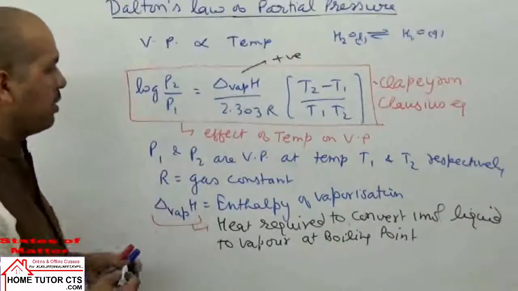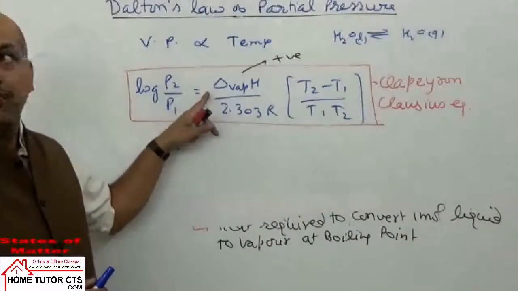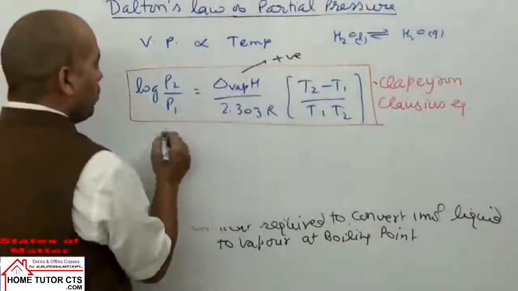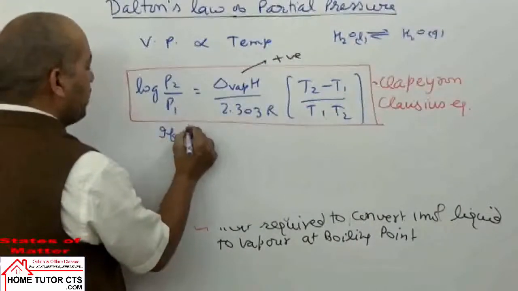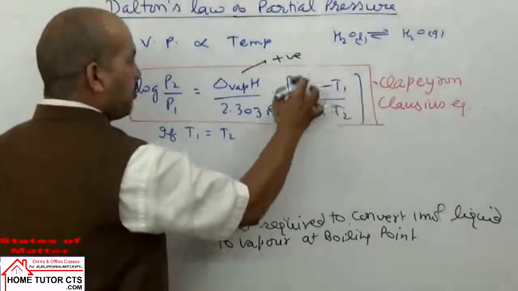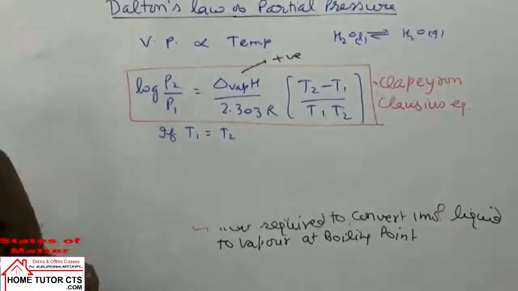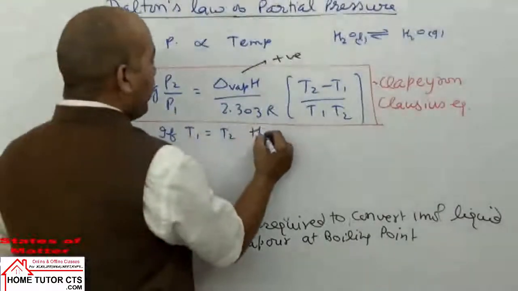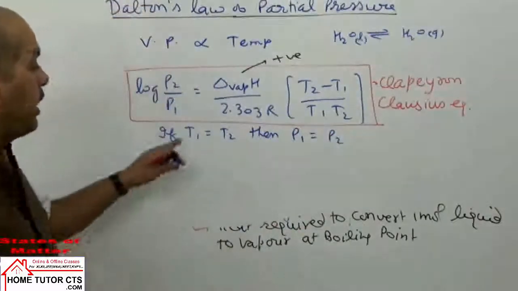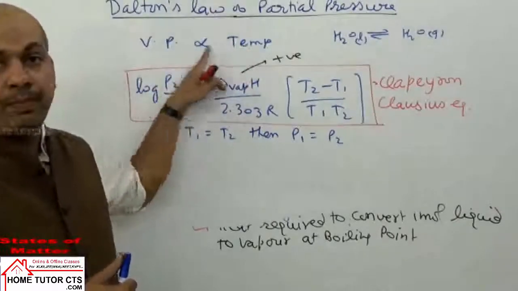We can see from here, then onwards, in the same expression, when you take delta H vaporization, it is positive. So we have three cases. If we have T1, T2 equal, same temperature, then what happens? This term becomes 0, whole term 0. For 0 we have ln equal to 1. That means you can write P1 is equal to P2. Meaning at same temperature, a liquid will have same vapor pressure.